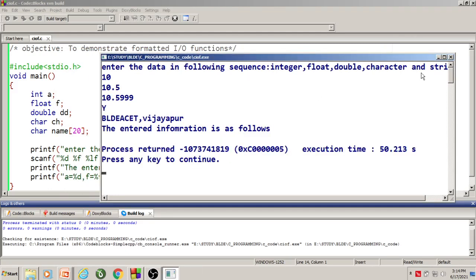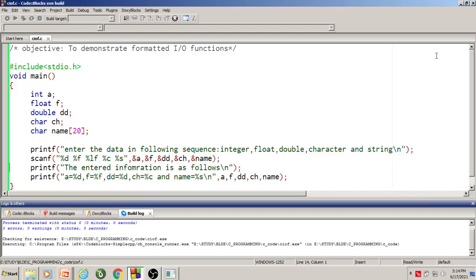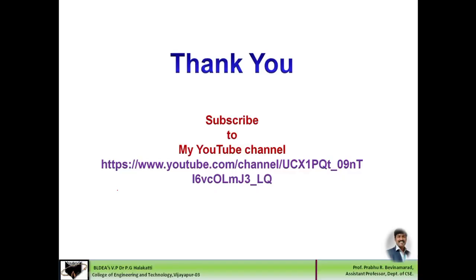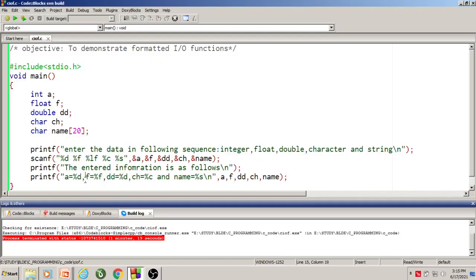So just a moment, I got some error here, so we'll address this issue. Yes, it is not displayed. Instead of this, we will remove the comma here.